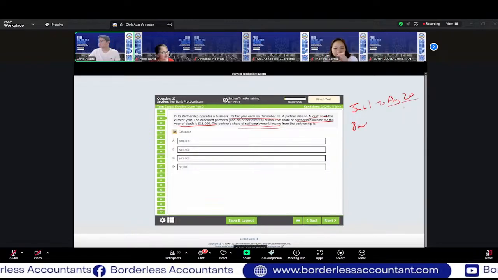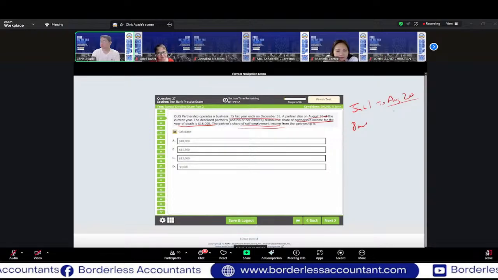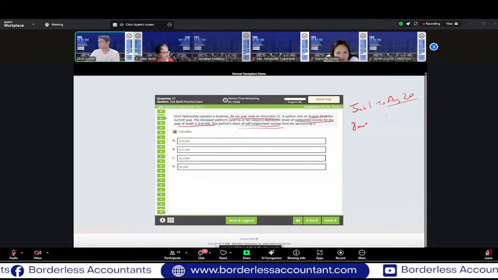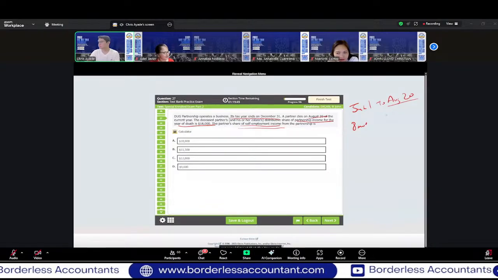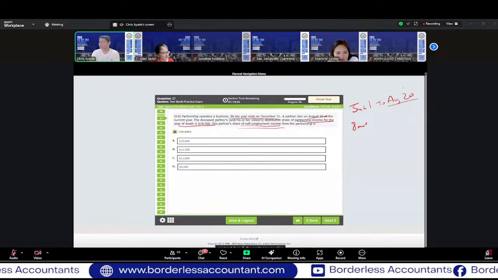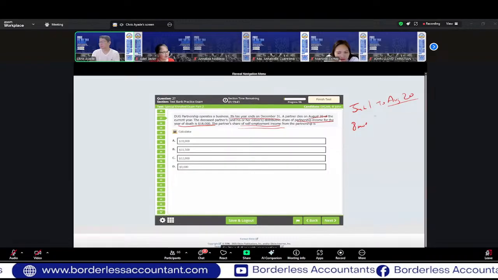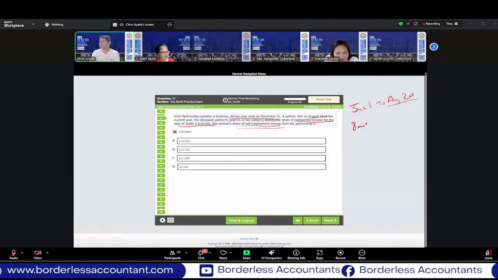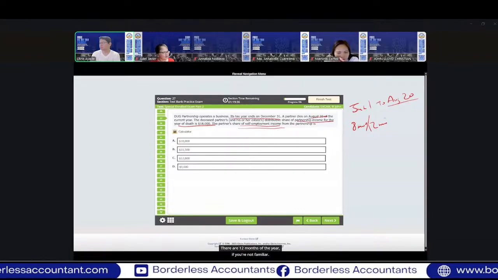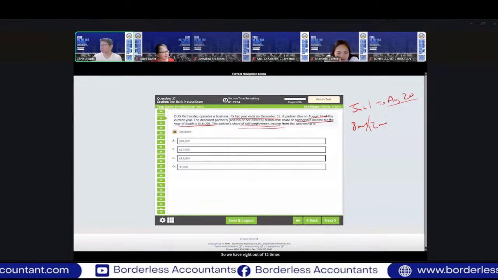Now, I recognize that August is not a full month, but the tax code dictates that we treat it as if the partner was alive for the entire month. So it's a full month convention, if you will. So we have 8 months. There are 12 months in a year, if you're not familiar. So we have 8 out of 12 times